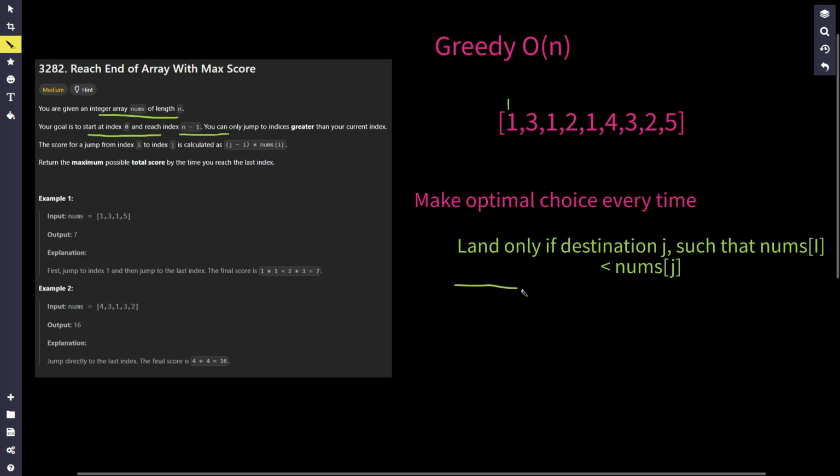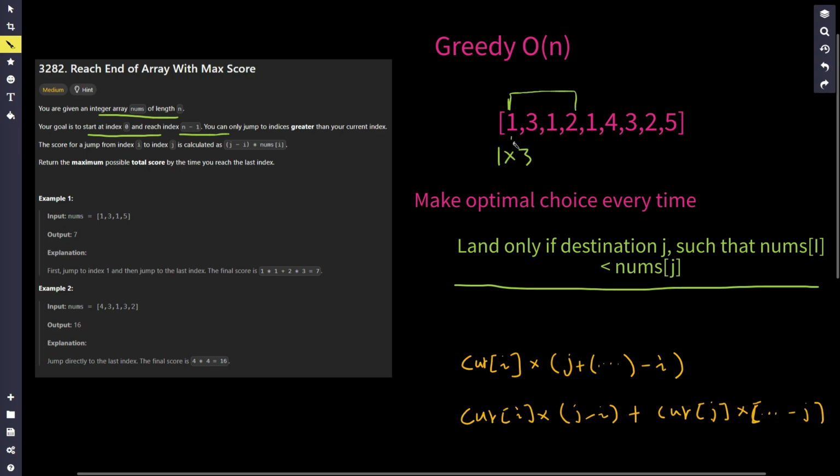So we only land on a destination j if the value at j is greater than our current value. In this case, 3 is greater than 1. So if we jump over the value that's greater than the current value, so somehow we land over here, the current score we have is 1 times 3. And if we land on the value that's greater than the current value, and we continue the jump, the total score is going to be 1 times 1 plus 3 times 2. So we have the following comparison, and I have this